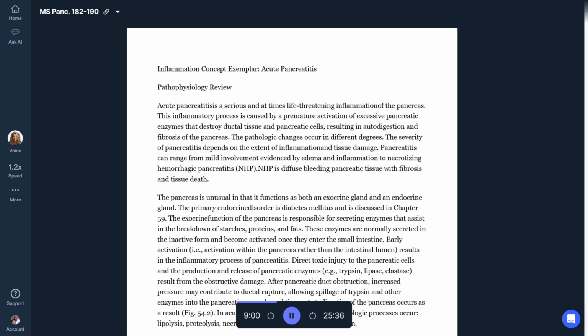Hemoconcentration is common as a result of third-space fluid loss. Leukocytosis and thrombocytopenia are common. Albumin levels are decreased because cytokines released as part of the inflammatory response allow it to move from the bloodstream into the extravascular space. The presence of C-reactive protein suggests possible pancreatic inflammation and necrosis.